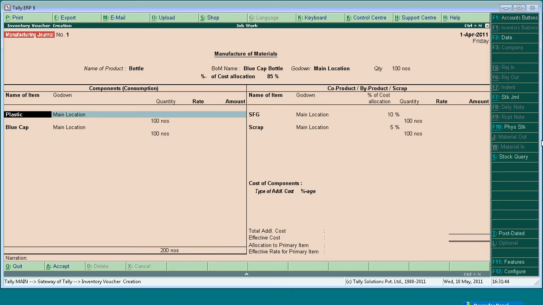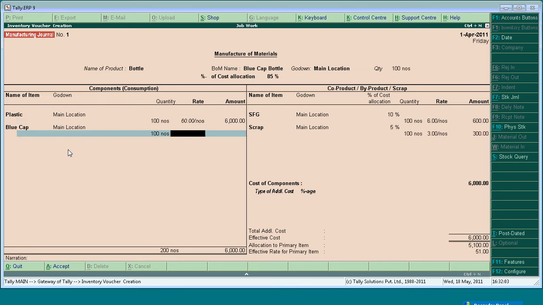Now, as I said, with respect to the valuation, as we have defined 5% and 10%, Tally will also show you if there is an additional rate. For example, my plastic is costing me, say suppose, 60 rupees per piece, and my red bottle is costing me 40 rupees per piece. We give this rate, and you can observe one thing. The rate of my SFG becomes 10 rupees per piece and 5 rupees per piece because I have defined 10% and 5%. Not only this,